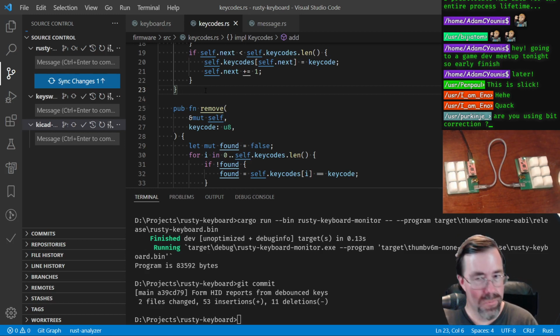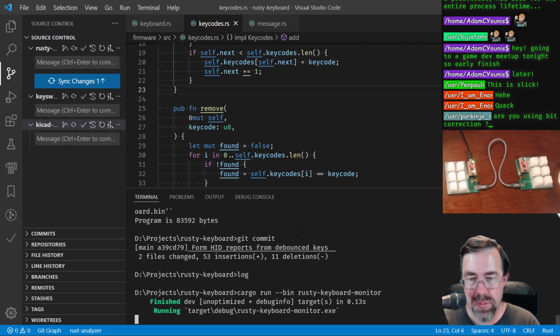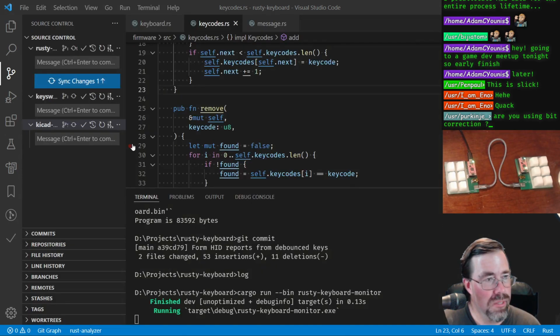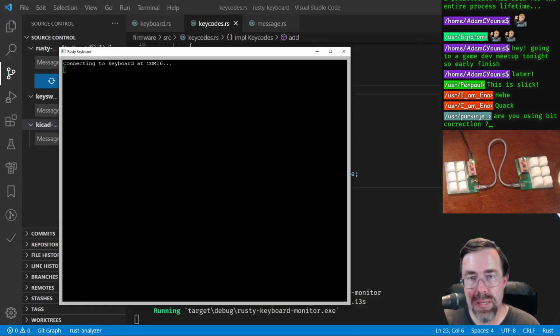We can show that the debouncing is working if I run the log program. We have to wait for it to connect. In the meanwhile, let me make sure that I didn't miss something. Yeah. If it wasn't for this lag in connecting, I wouldn't have my stride broken. Anyway,